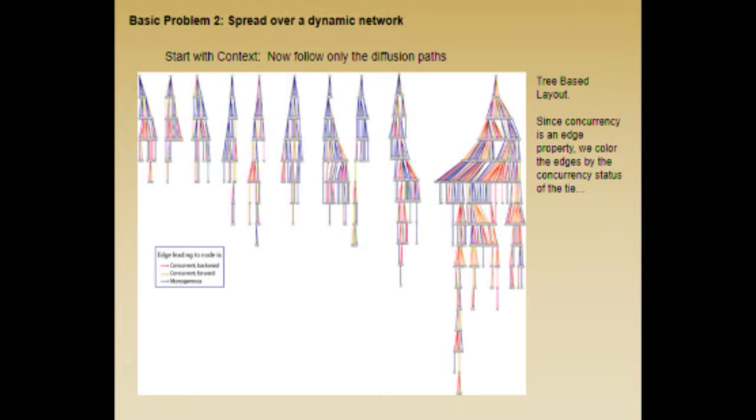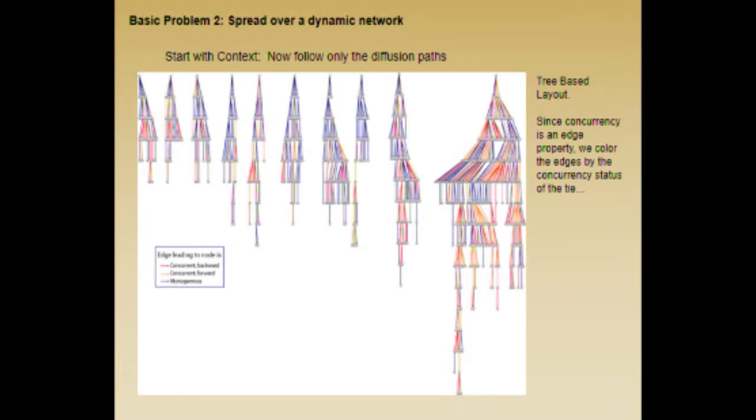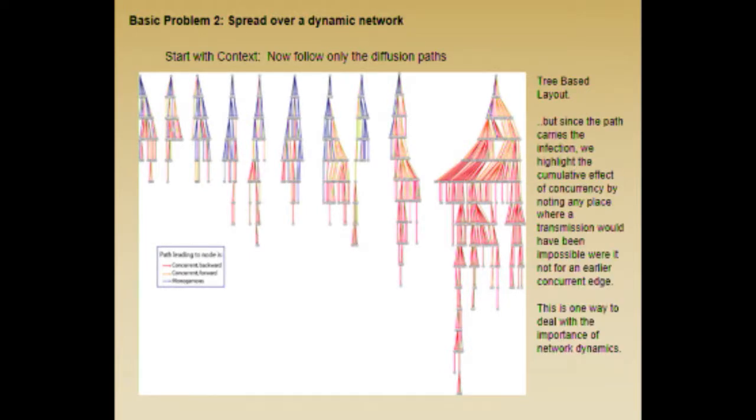And here we've colored the nodes, the edges, if they're a concurrent relationship, if they overlap in time. And what's interesting in this case is that we can also color these by whether or not the continuation of the tree depended on a concurrent tie. And you can see that in this case, you might have some moments of non-concurrency in the graph, but you could never have gotten to these points out here if it weren't for concurrency somewhere upstream. And so it's a nice way to highlight where the concurrency happens.